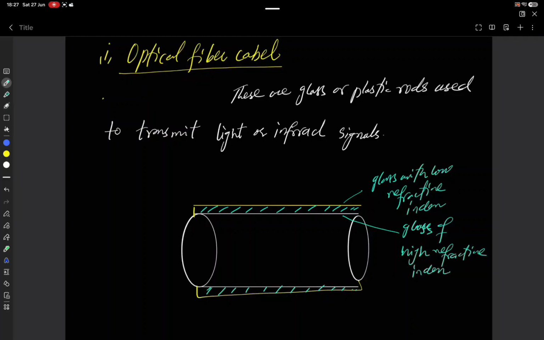Why do we have to use two layers? Because we have to satisfy the condition that light must travel from a denser to a less dense medium. So the glass of high refractive index is the denser medium and the glass of low refractive index is the less dense medium. So we send the infrared pulses, and they travel along the optical fiber cable